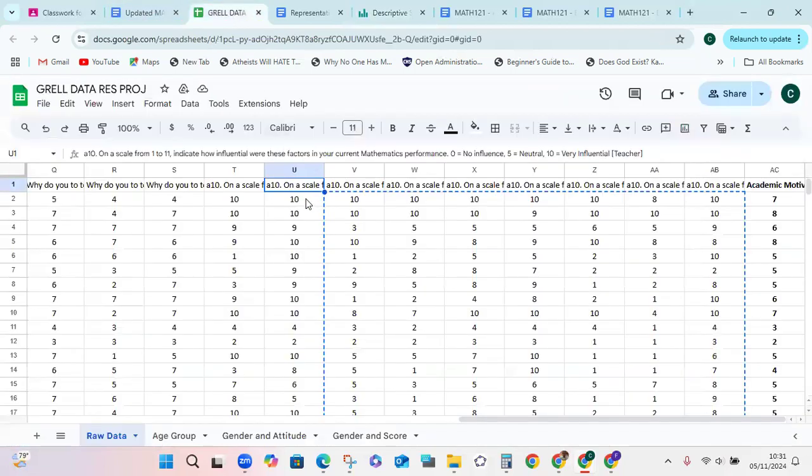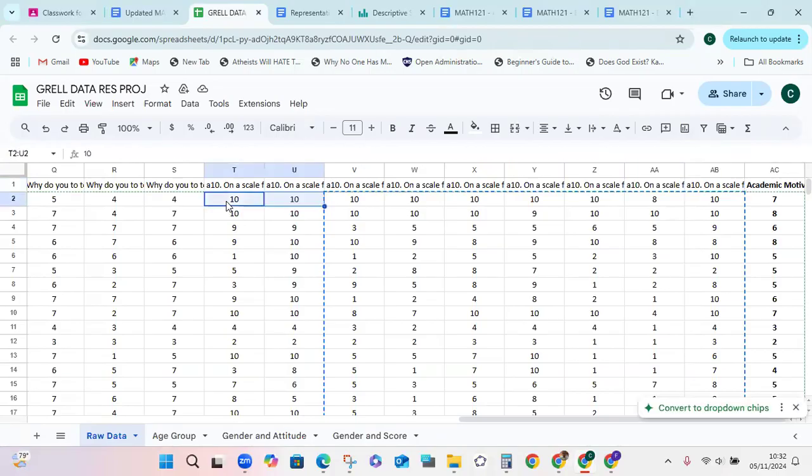As you can see, it's in the same order. School, teacher, home environment, parents' involvement, attitude, interest, biology, parents' profession, and importance in career. So we can simply copy and paste